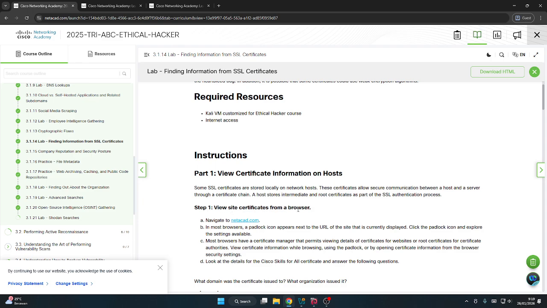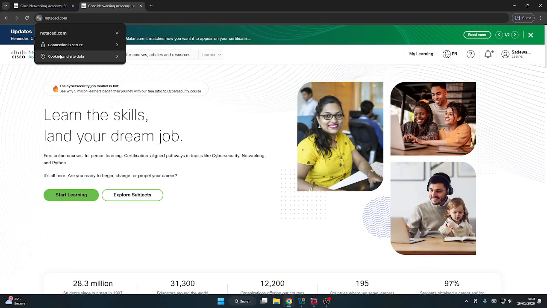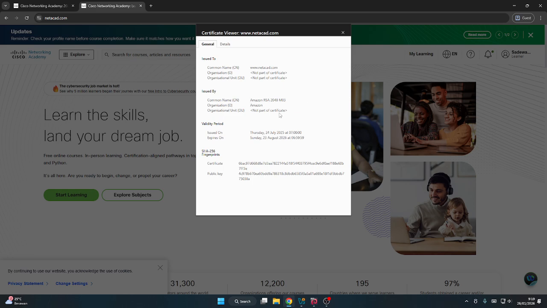Step 1. View SSL certificate from a browser. Navigate to ntek.com. Here we can see the certificate is valid, and there is a certificate viewer. There is issued to, issued by, validity period, SHA-256 fingerprint.